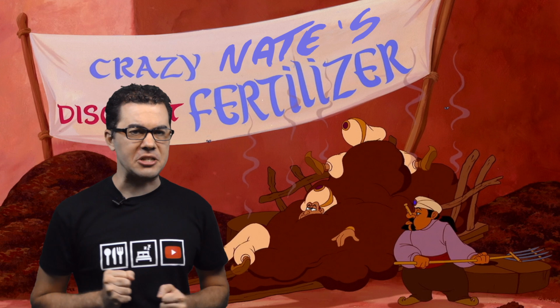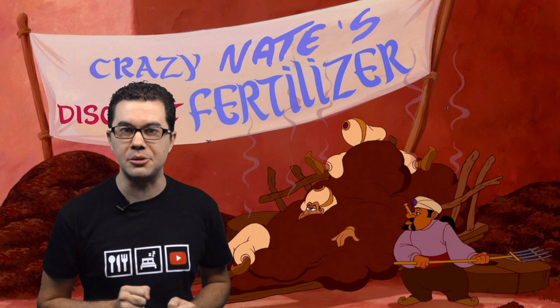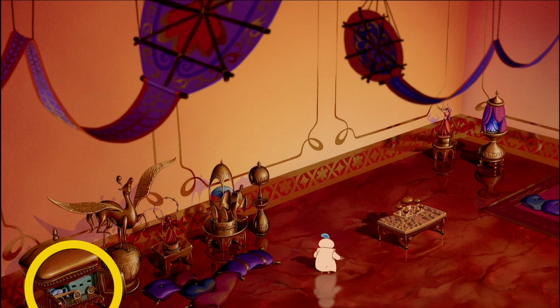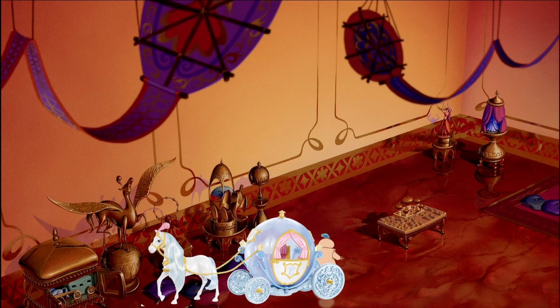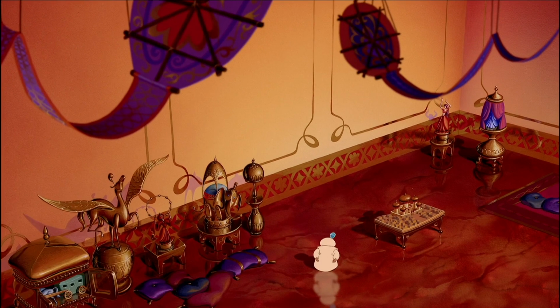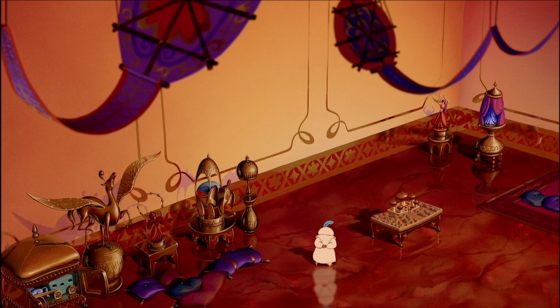One thing that may or may not be true, you're gonna have to decide for yourself, is I think Cinderella was hidden in the movie. Where? In Sultan's playroom. Here we can see a horse and carriage. And obviously it's not exactly like the one that was made out of a pumpkin, but I still think it's implying Cinderella. Also, another reason why I think that is because over on the other side of the room,